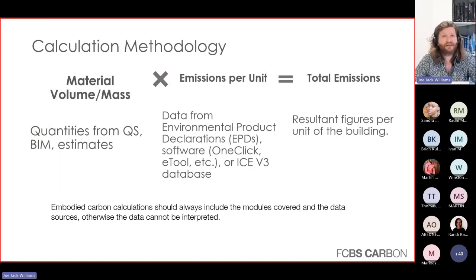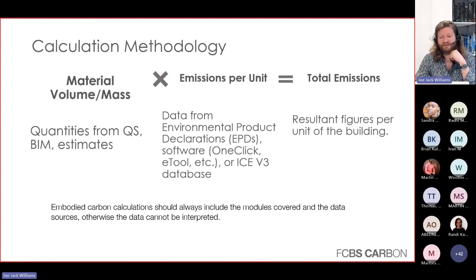So this is the calculation methodology. You basically take the quantity of material you've got. Maybe that's from a helpful quantity surveyor like Tom, or maybe you have a BIM model or some sort of 3D model, or maybe it's just a simple estimate. There's lots of ways you can do these things. It could just be you've got a little layout plan, you just measure it all off, or maybe you've talked to a local contractor, they've got an idea of it. So there's loads of ways to get the quantity of material. That could be mass, or it could be volume.